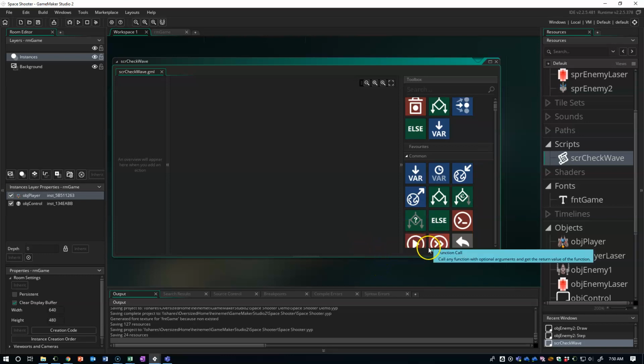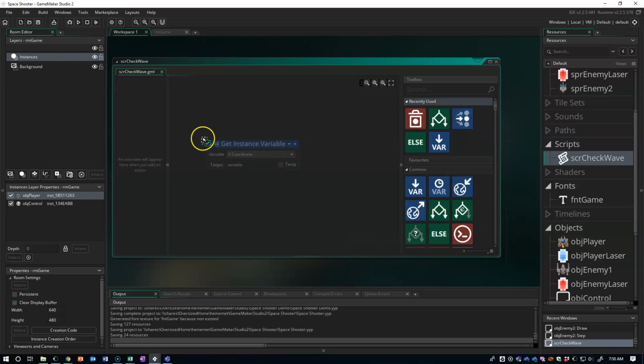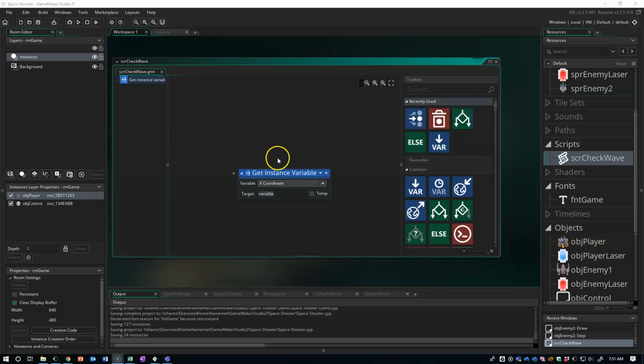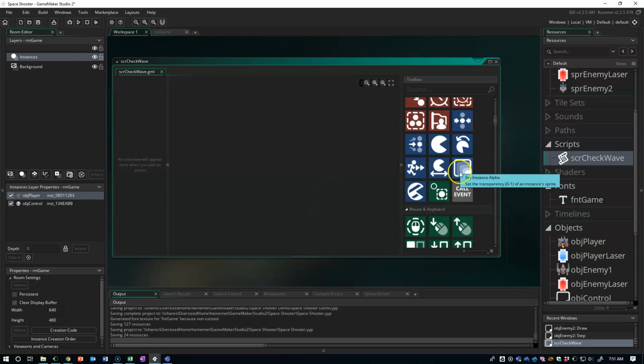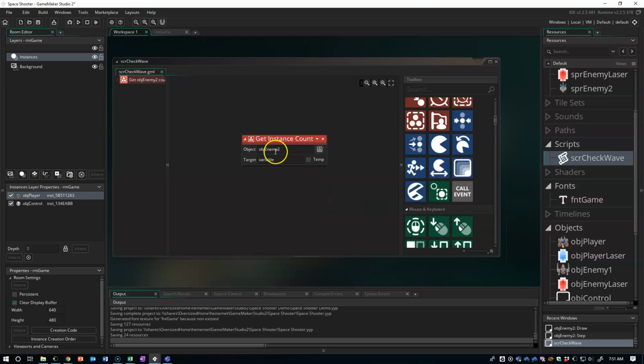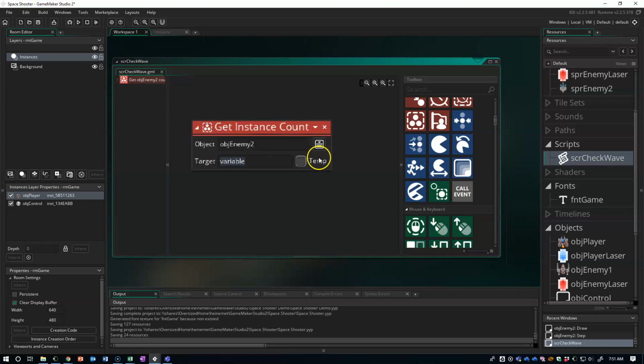Inside of this, we are going to add first a get instance variable to get the current instance count. I'm sorry, not a get instance variable. I need get instance count. I'm going to scroll down. So the get instance count is right here. I'm going to get the instance count of enemy2 because I only want to do this if all the enemies are gone, and I'm going to check this after